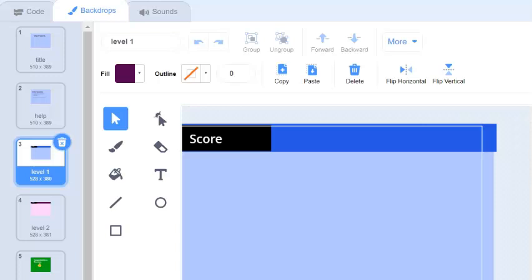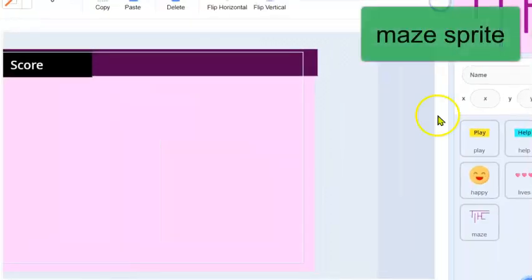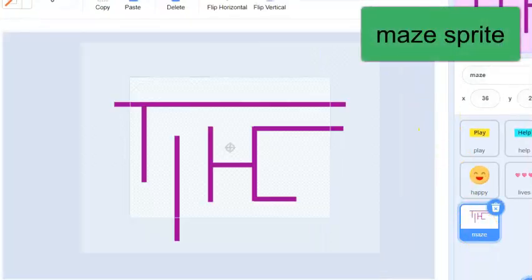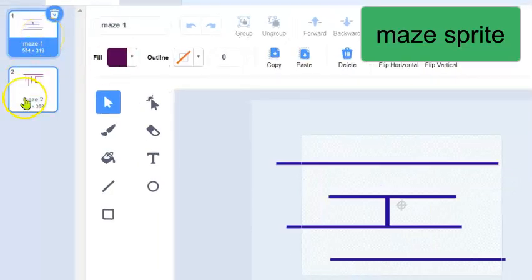I made some changes to my game. On the stage in the backdrops area, I now have a backdrop for the level 1 maze and the level 2 maze, where the big difference is the background colors. Then I have a special sprite called Maze, and once more, I've got two costumes, my level 1 maze and